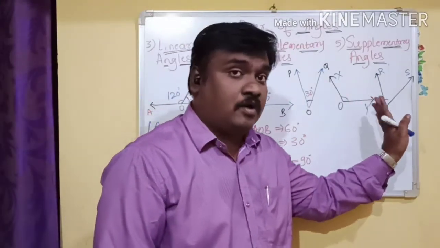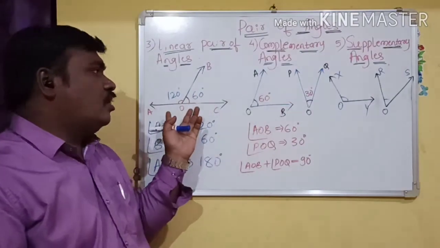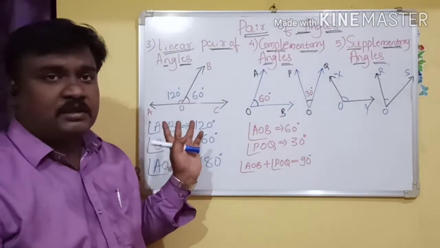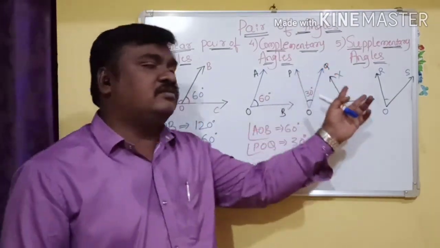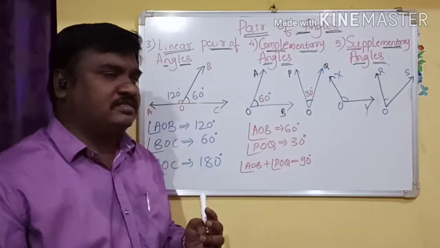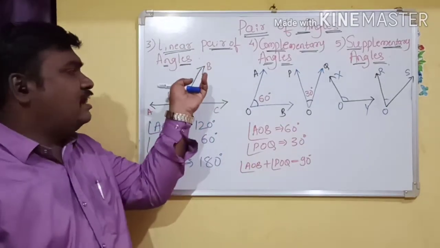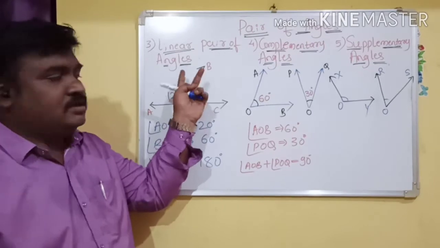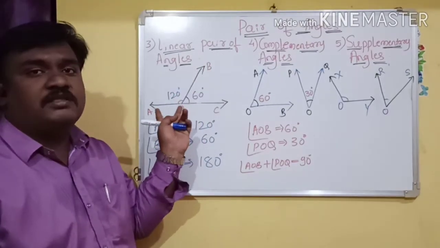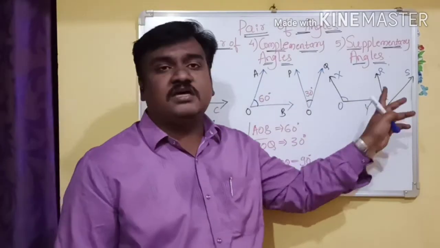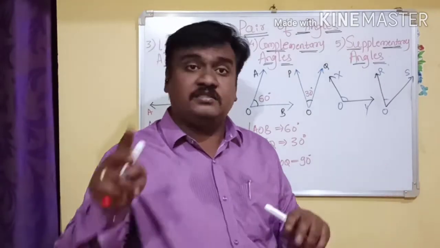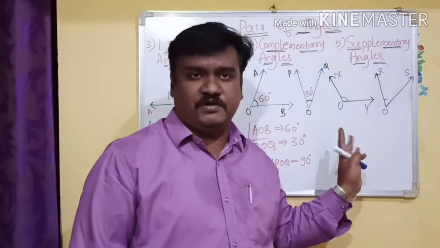Okay, this is what is common with complementary. Now what is common with linear pair? Here also the sum is 180, here also the sum is 180. What is the difference then? Here the angles are adjacent, they have a common arm or common side, but here these are completely different angles, but the sum is 180 degrees. This is the difference.